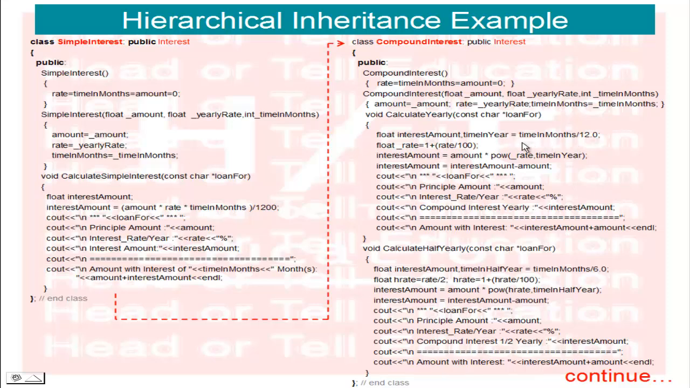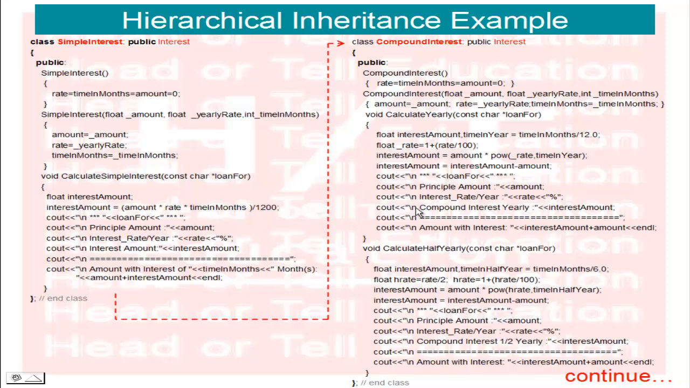So this is the same: float interest amount, rate. Here the month is converted into the year, so divide by 12. Then float rate equal to 1 plus bracket R divided by 100. Interest amount equal to amount multiplied by power function, rate comma time in year. This is very simple logic, and finally interest amount equal to interest amount minus amount,